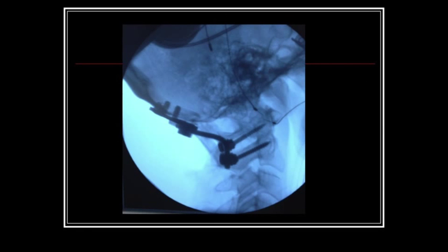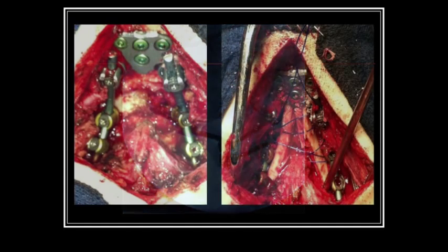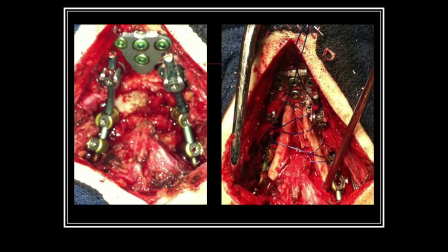And then, as you commented, we place these grotesque screws into the back of the head and spine in order to stabilize that relationship. To make that permanent, we take bone from the rib cage and place it between the skull and the spine. After usually 3 or 4 months, the fusion is fairly complete, and the metal hardware becomes redundant. Our fusion rate's been about 99%. And here's the instrumentation, and then you can see the split ribs here on either side of the spine between the skull